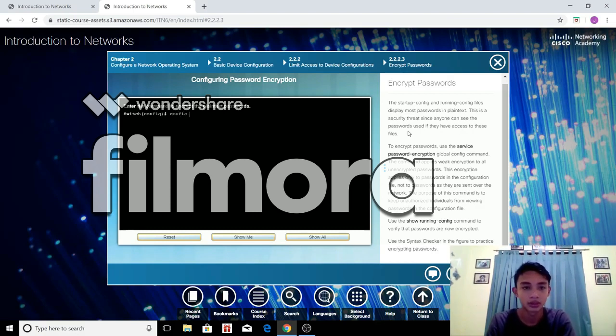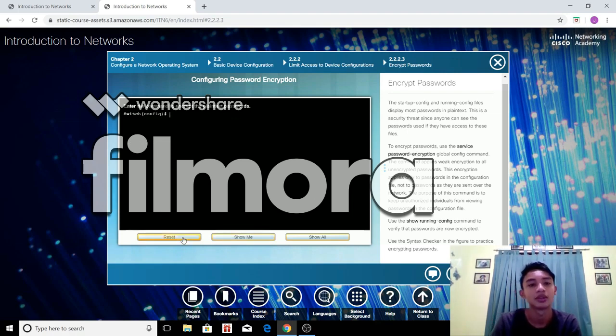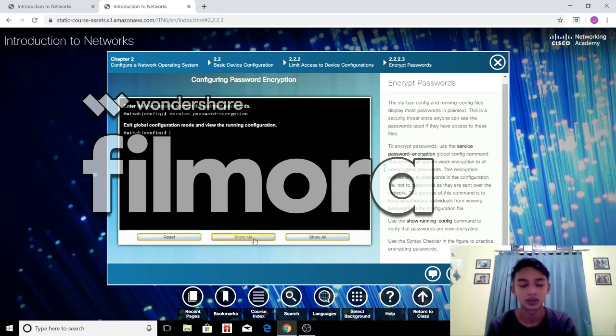Config. You must enter the exact full. Okay, I'll just do this again. It's not working. So as I said earlier, the service password encryption and the exits